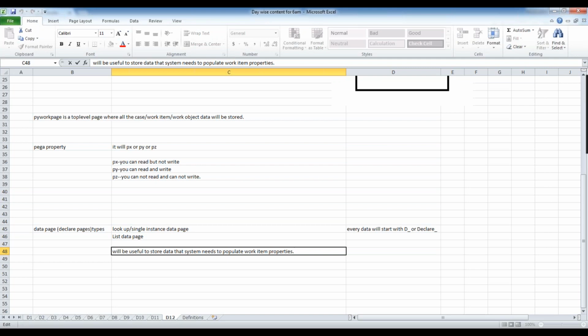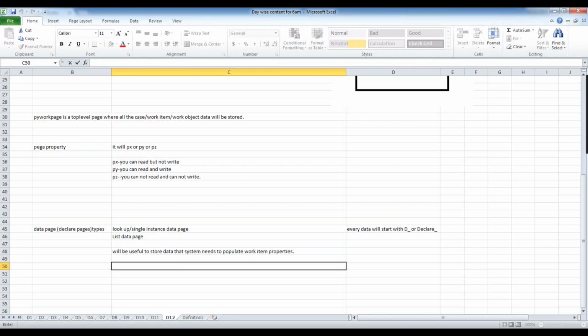But if it is just to store the data, it's not that useful, right? A lot of other rules can store data. But here we have a concept where we can define the source from which we get the data.